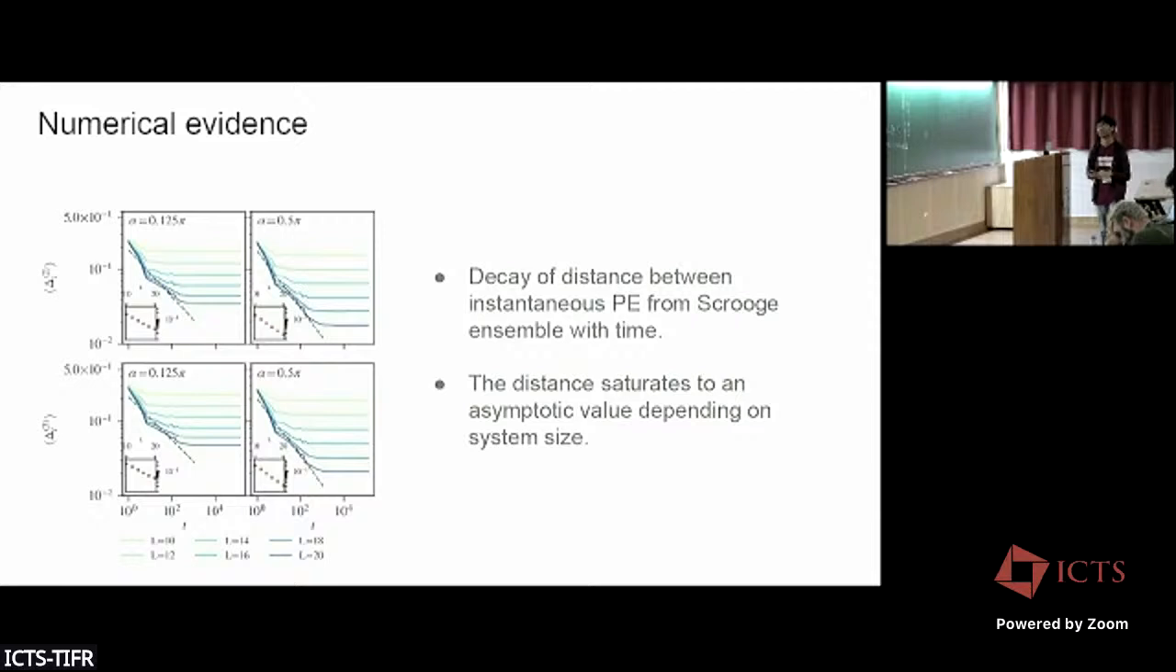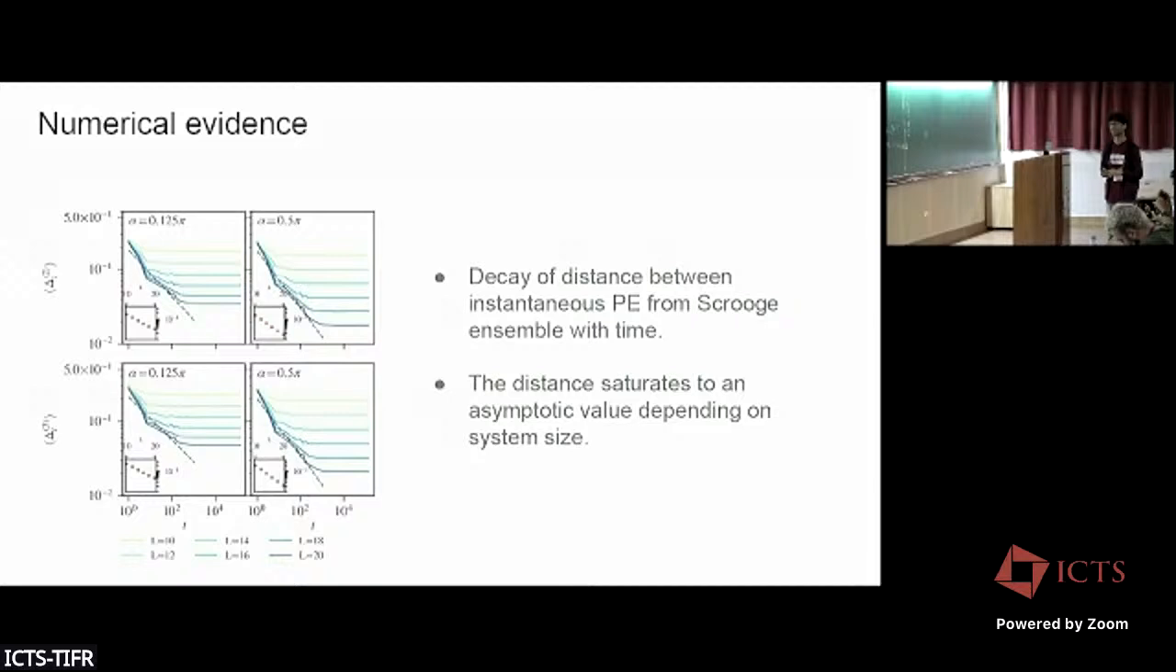You can see that these different colors actually mean different system size. This is the data for where the A system size is 2 and the B system size, with total system size L. These are different colors denoting different L. For both measurement angle 0.5 and 0.125 pi,